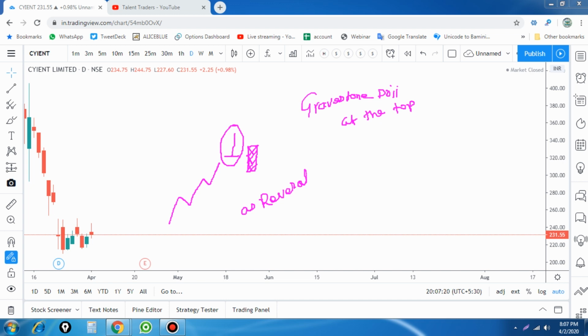The next is the red candle which closes below the low of the gravestone doji. That is very important. Then we are going to sell below this level, below this candle. This is also your stop loss for a trend reversal trade. This is the confirming candle, confirming that the reversal candlestick pattern formed at the top of the level will be a reversal in trend.